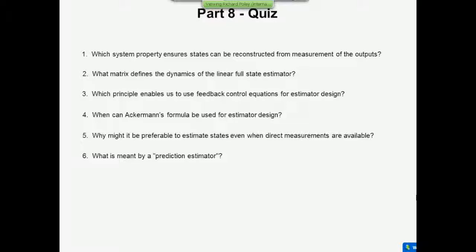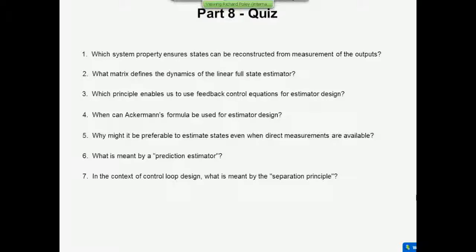And what's meant by a prediction estimator? Remember the linear state estimator equation? We had x hat of k plus 1 on the left equals phi e times x hat of k on the right plus L times y of k. The point is that you're not using the most recent output measurement when you predict x hat of k plus 1. So we replaced y of k with y of k plus 1. So rather than predicting what the state was one sample period in the future, we're using the current measurement in the same sample interval as we estimate the states. So a prediction estimator has got this one sample delay associated with it.